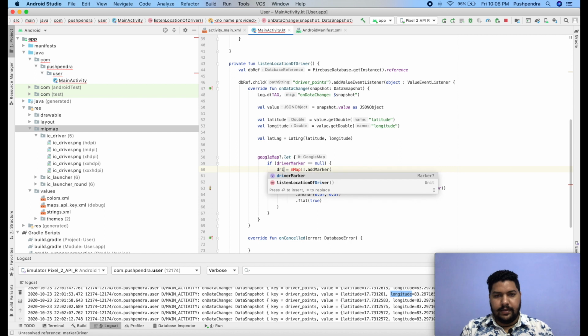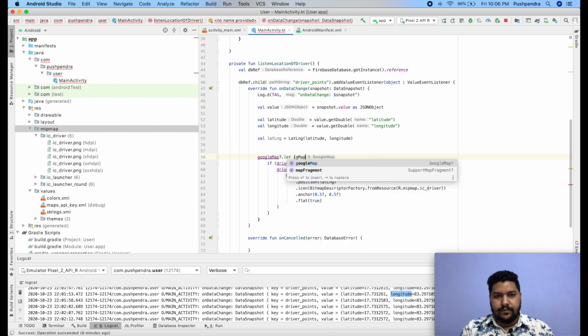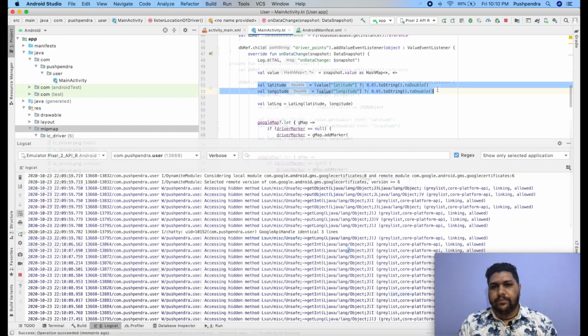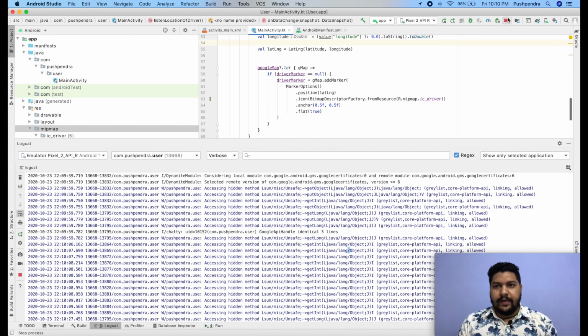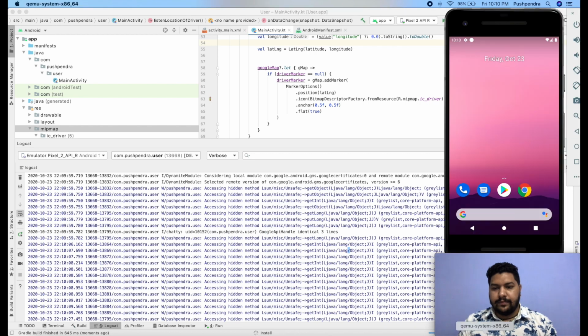Then this will be my driver marker and it will be gMap. Now again I will run, with small changes. I converted from JSON to HashMap because the snapshot value is in HashMap, and then I convert it into double format. Now after that if I run this, we can see the output.